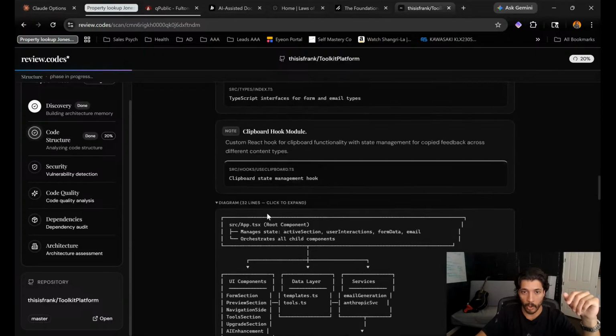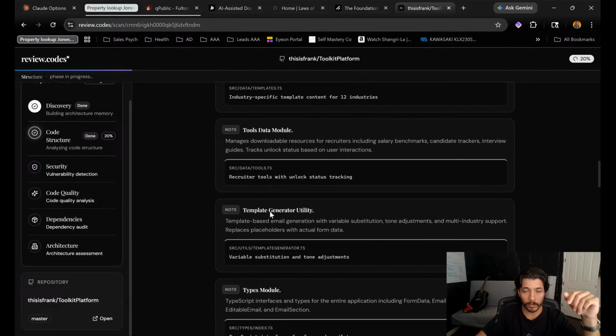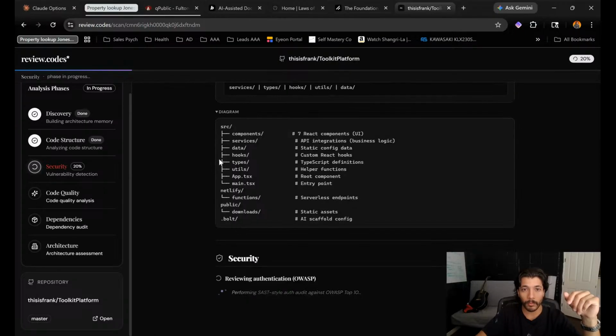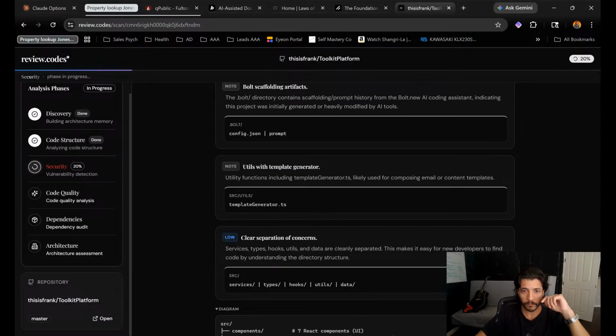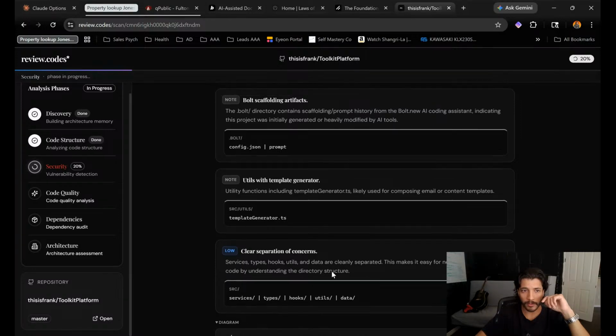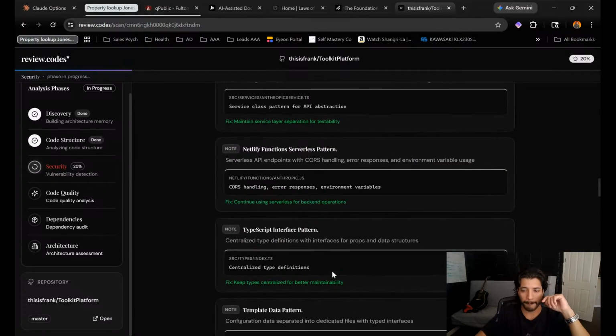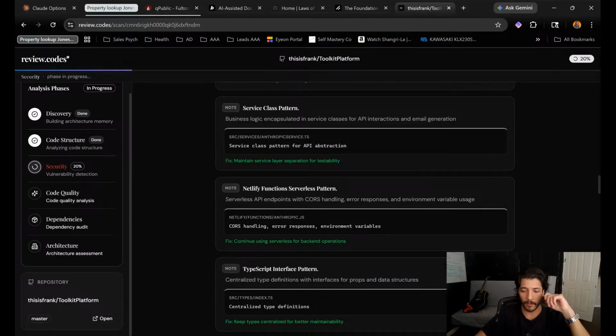Diagram. Well, I like that. I like the ability to open up a diagram. That's super cool. Can I open up anything else? Probably not. Oh, another diagram over here. So that's cool. Security, vulnerability detection. This one's probably going to be complete ass because this was never going live. Something that I shelved a long time ago. Okay, security, cool. Clear separation of concerns. Yeah, I'd be interested to see the end output to this. So far, so good. So far, so slick.